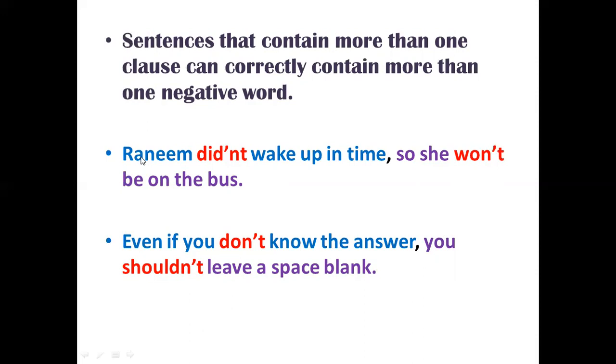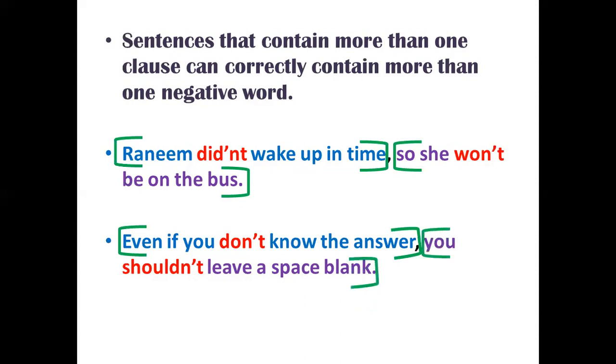The first example says, Rani did not wake up in time, comma, so she won't be on the bus. Now we have one sentence with two clauses joined by the conjunction so. And in the next one, again we have two clauses joined with a comma. I will separate both of the clauses using brackets so that you can clearly see them. Can you see them? Yes. Okay, so Rani did not wake up in time. This is one clause. And so she won't be on the bus. This is another clause. We have two negatives, which I have highlighted in red, which are did not and will